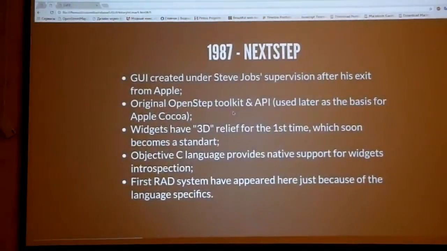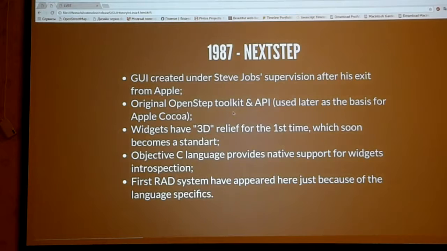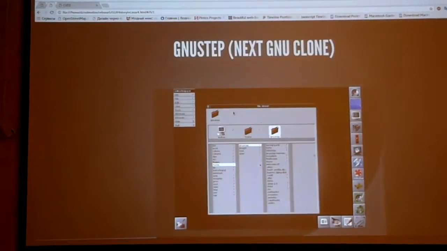Okay, other systems will run not on DOS but on Linux. The next milestone in the history of graphical user interfaces was 1987, when Steve Jobs was thrown out of Apple, and he had to manage the creation of something which could not be challenged by Apple lawyers. The result is a really interesting graphical shell.